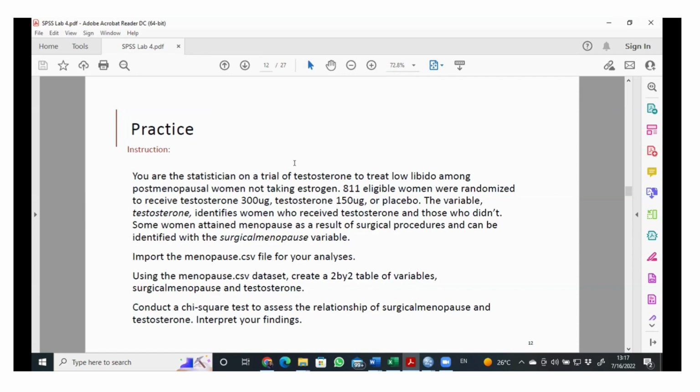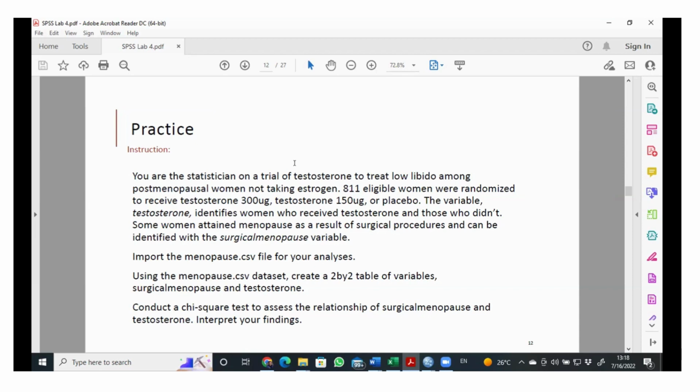The variable testosterone identifies women who received testosterone and those who did not. So the variable in the data you're going to analyze is binary in nature: it has two options, those who received and those who did not.